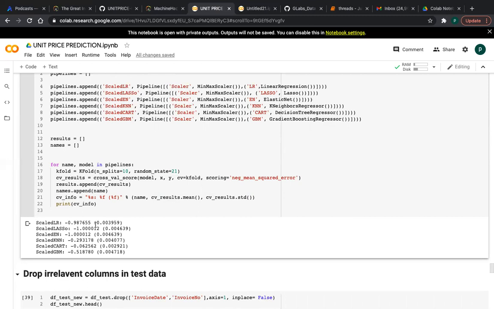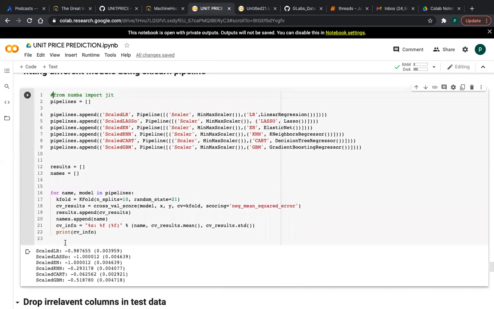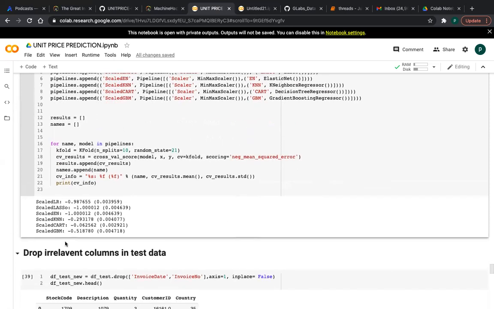See, friends, these are the different models: linear regression and so on. For CART and KNN, I am getting very low error, friends. So you can take either method. I take k-nearest neighbors, friends. So our model fitting is completed. Now we have to predict with the test data, friends. In the test data also we have to do data processing, because train and test data are different now, friends.